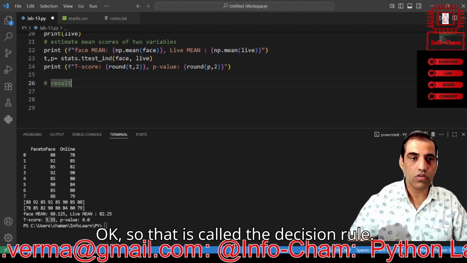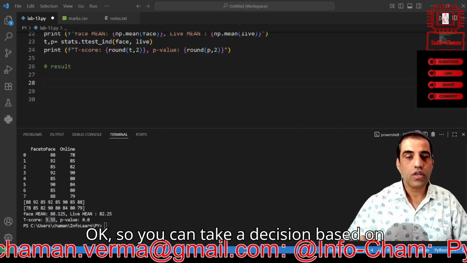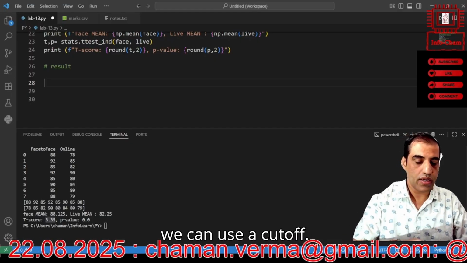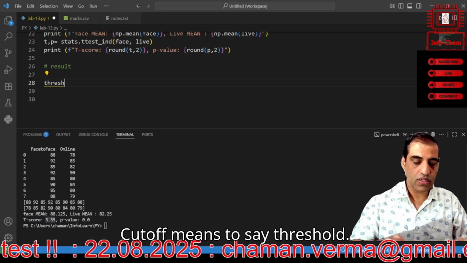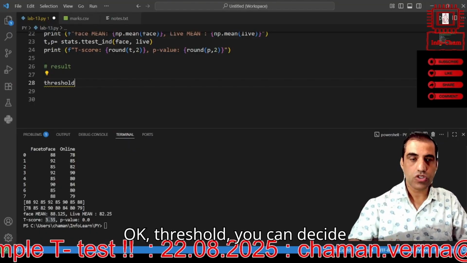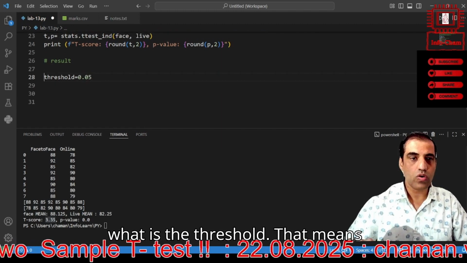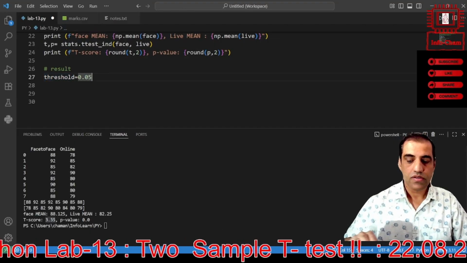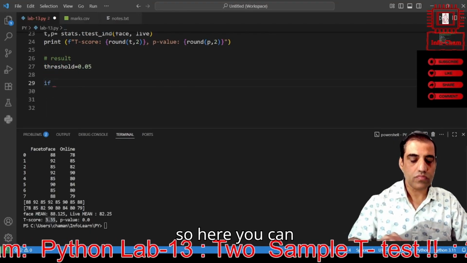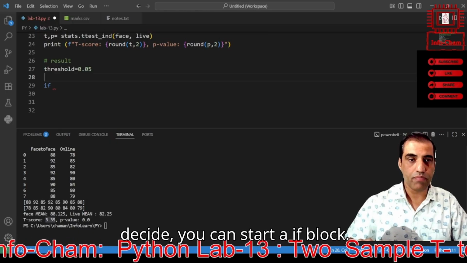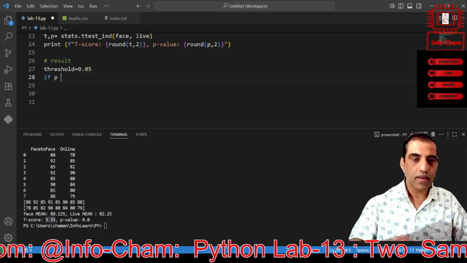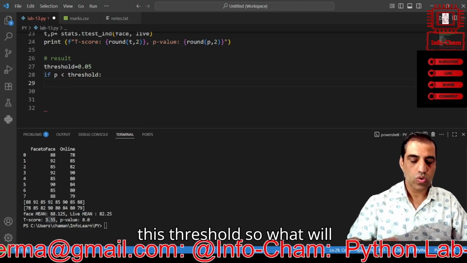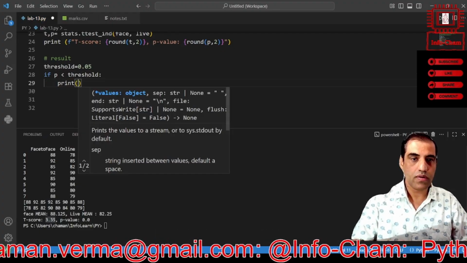Okay, so that is called the decision rule. You can take a decision based on this input. In that case we can use a cutoff. Cutoff means threshold. You can decide what the threshold is. That means you need to be 95% sure about your result. So here you can start an if block. If it is less than this threshold, so what will happen now, you can